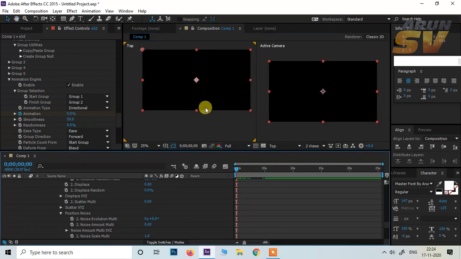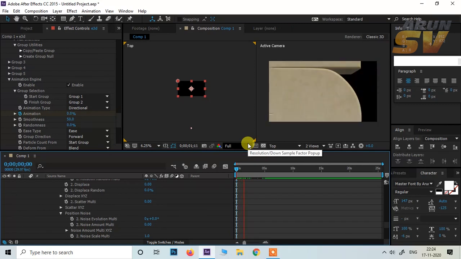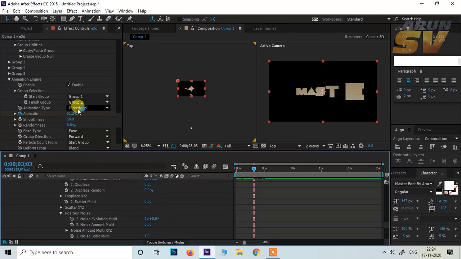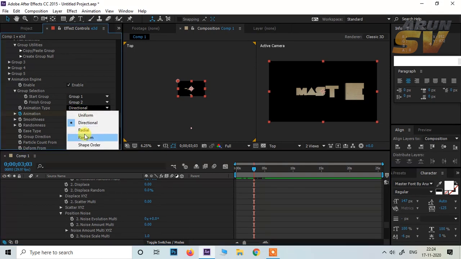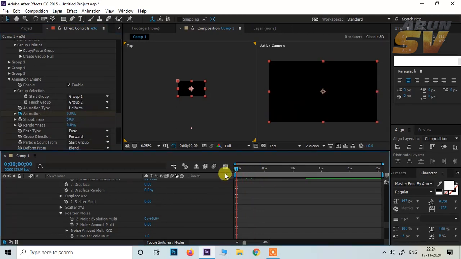left to right. Because the animation type we selected is directional, so that it animates left to right. If it is uniform, it looks like a whole mesh.